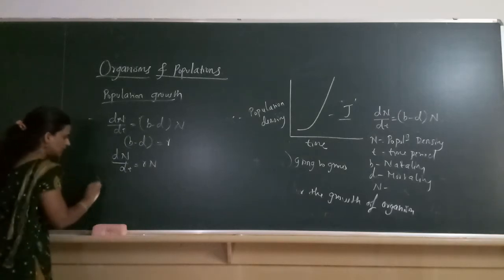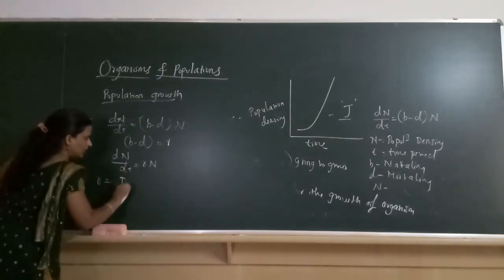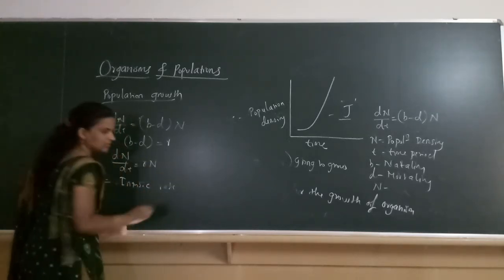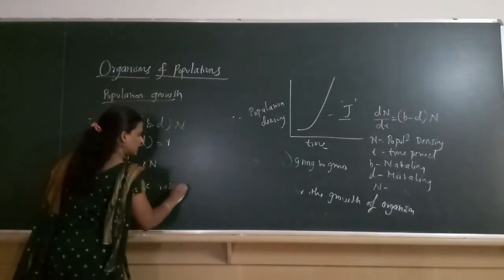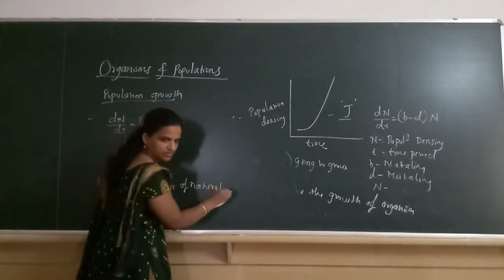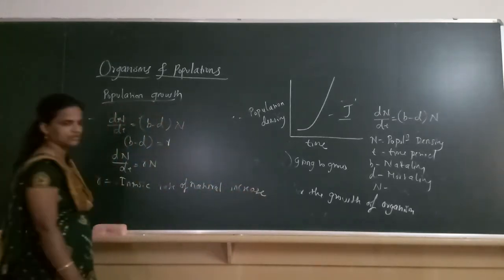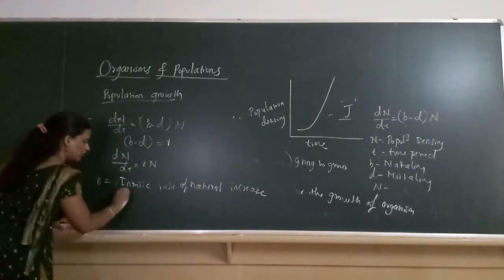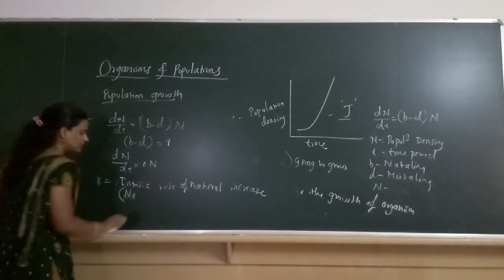What is this r? This is the intrinsic rate of natural increase. Intrinsic rate of natural increase. Okay, this means natural rise in the population. Means what? Here, what is the meaning of this intrinsic rate of natural increase? Natural